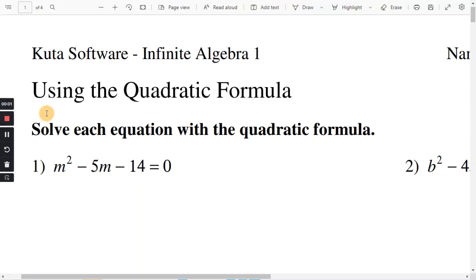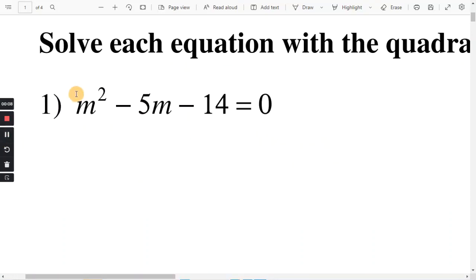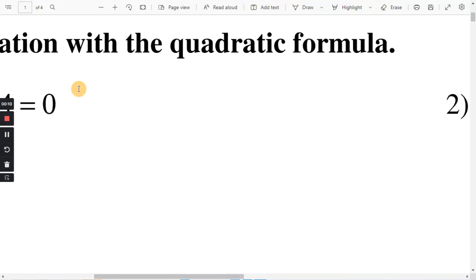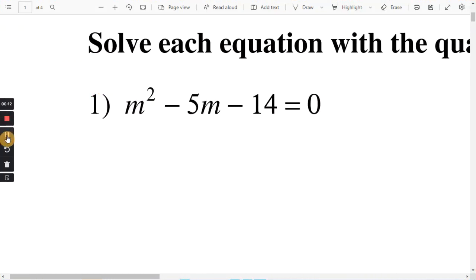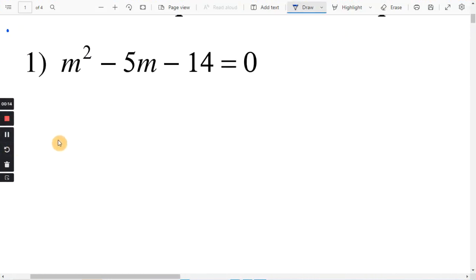This will be for the Kuta software worksheet using the quadratic formula. So the instructions say solve each equation with the quadratic formula. So we'll go over the formula in a moment. I just want to say that the quadratic formula is used when the equations are in the form of